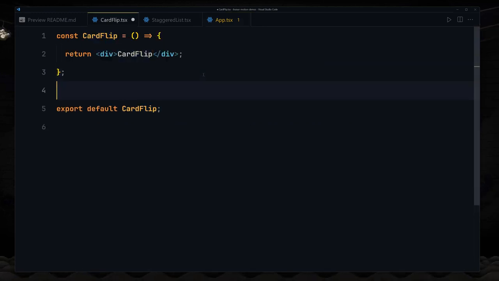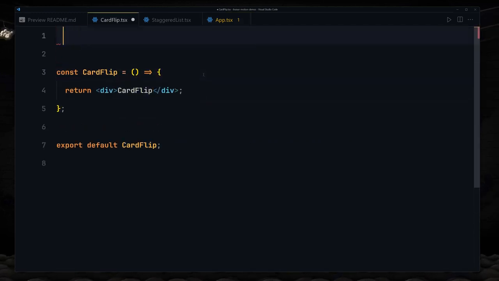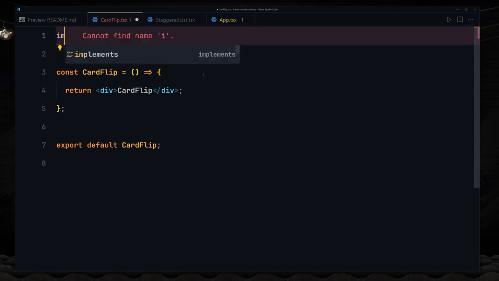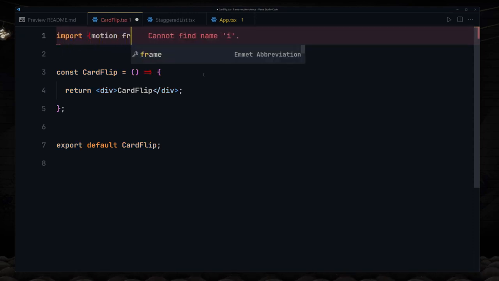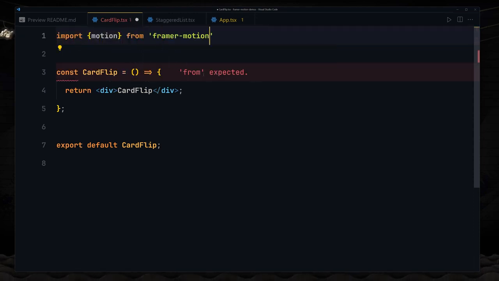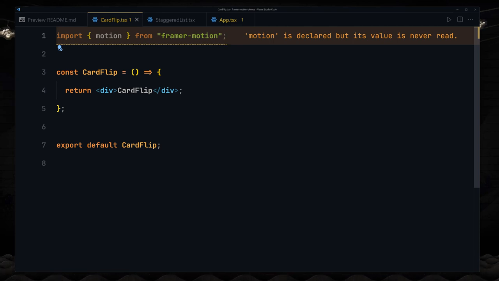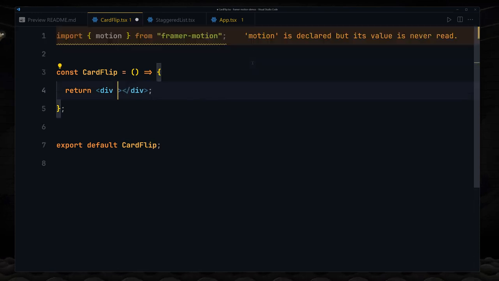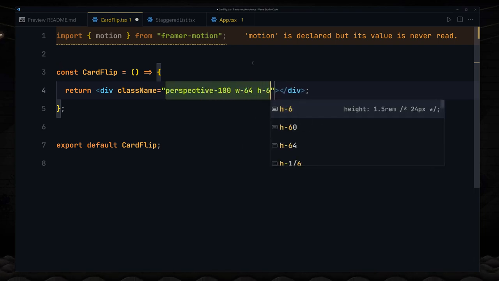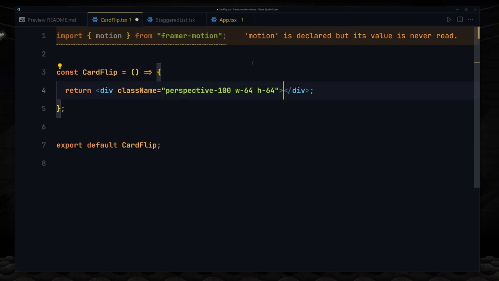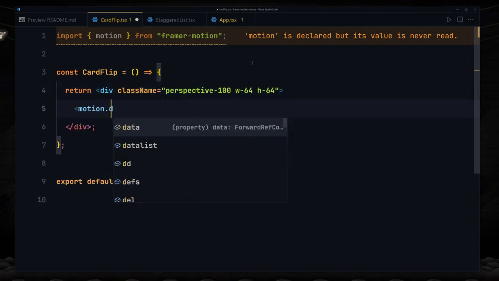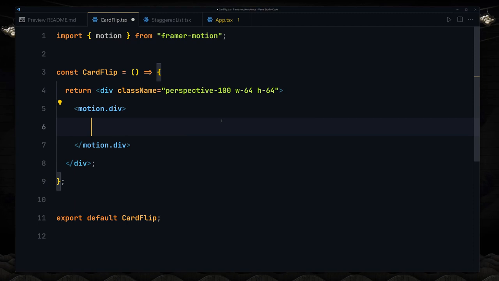The first thing that I want to do is start by importing the motion. So I'll use import motion from the framer-motion. I'm going to save this file, and now I'm going to remove that from here and provide my className. So I'll use perspective-1000, and width will be set to 64, and height will also be set to 64. Inside there we have to define our motion.div and close there, and inside this motion div we